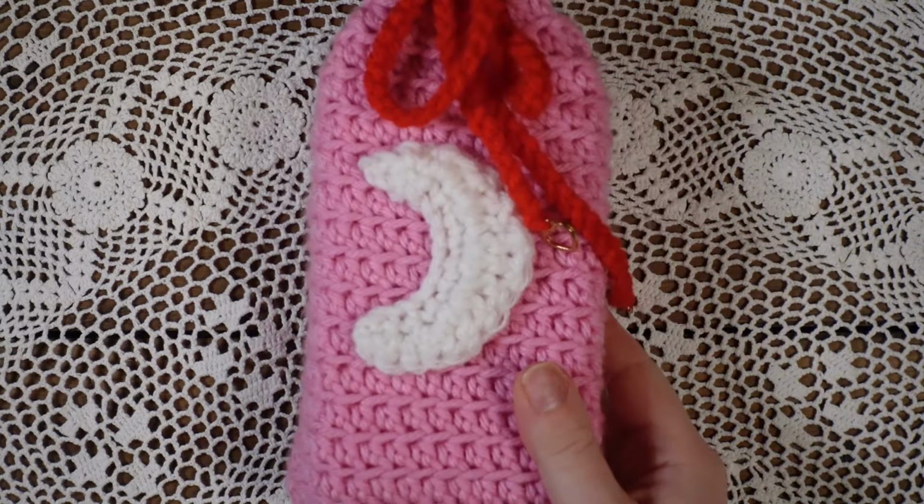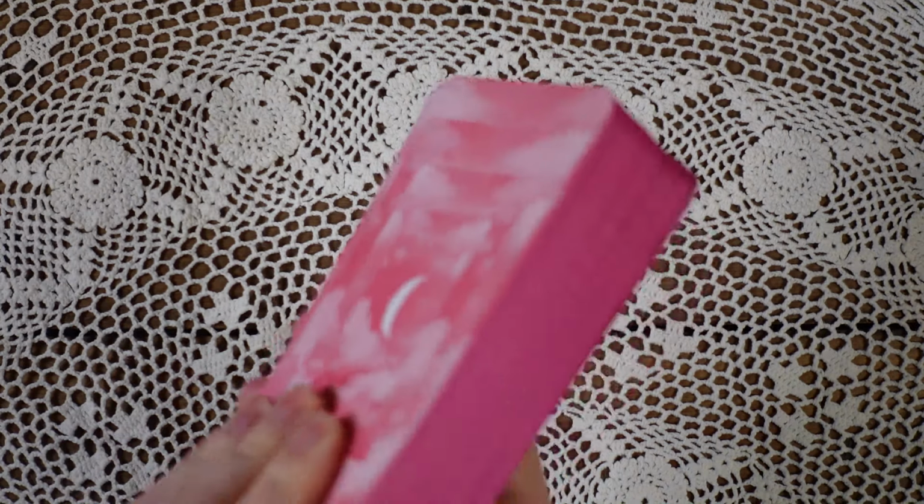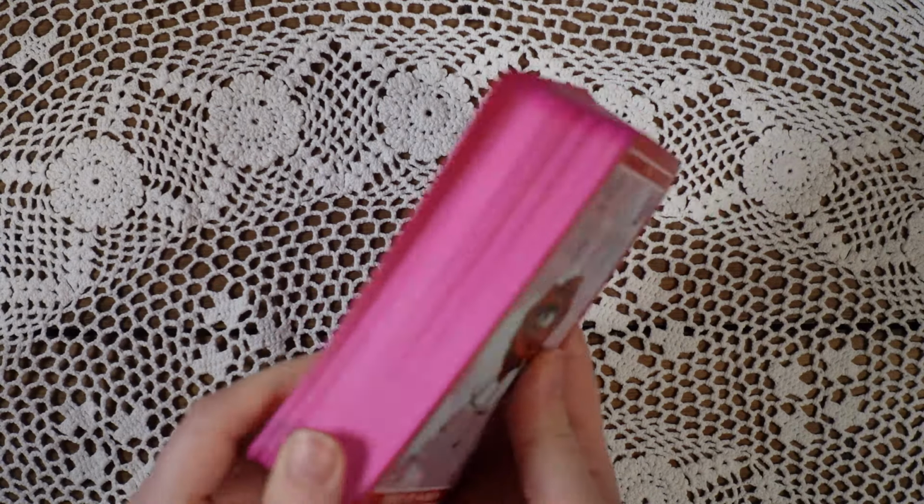Okay, we've got the Goddess of Love. See, I feel like I've been showing this already in a bunch of videos, but I did edge it. That's an update. I edged it in this hot pink color